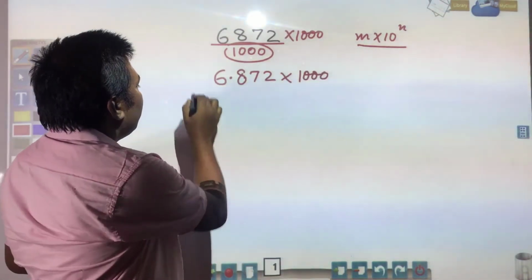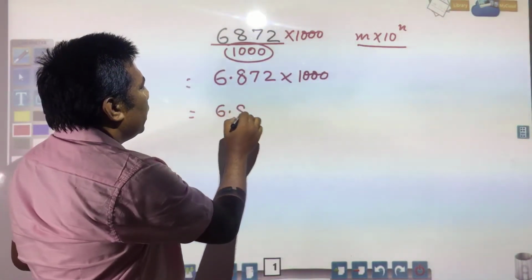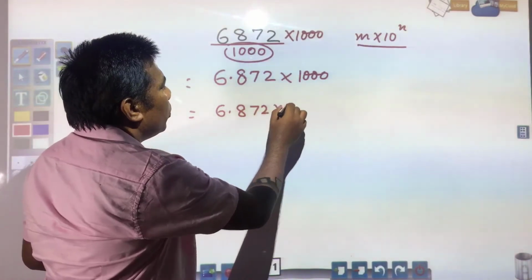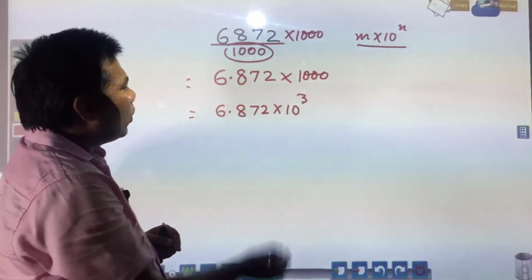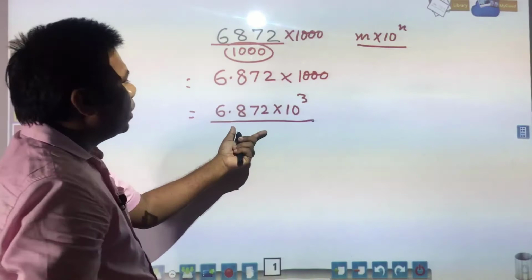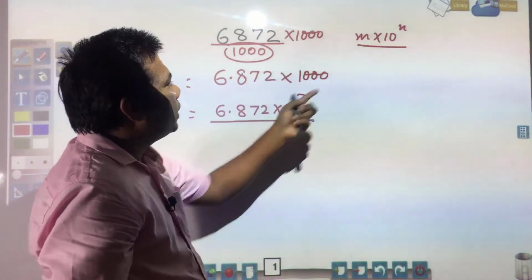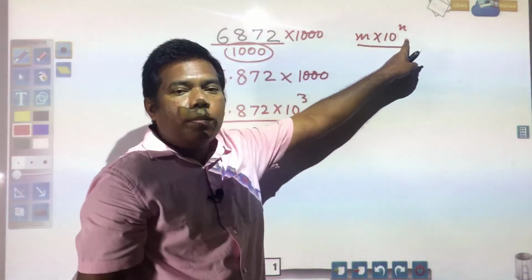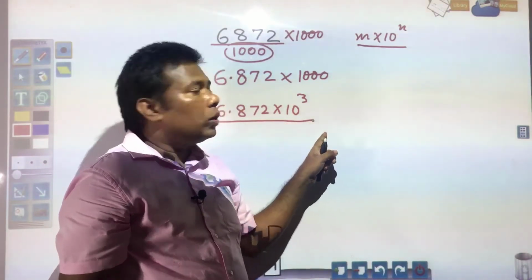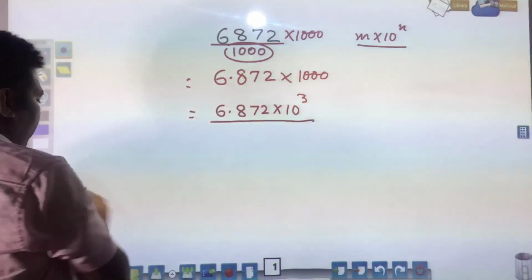Now this number can be written as 6.872 into 10 to the power 3. Now you see this number has been changed into standard form, and that is in this form m into 10 to the power n. I hope you understood. Okay. Next you see,